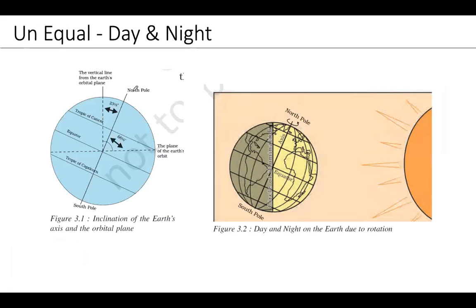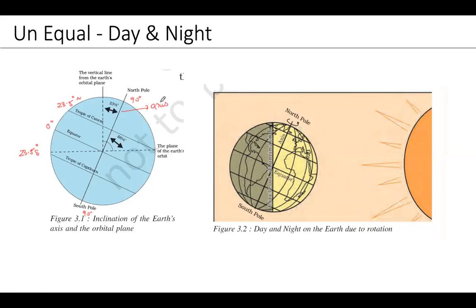So this is earth. We have this one as the equator. This part we call the axis, and this is the south pole, this is the north pole, and this one is the equator. This is Tropic of Cancer, Tropic of Capricorn. Tropic of Cancer is 23.5 degree north and Tropic of Capricorn is 23.5 degree south. So this one is 0 degree, and this is 90 degree south pole, and this is 90 degree north pole, and this one is the axis.